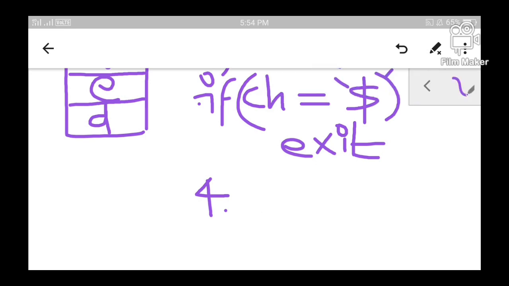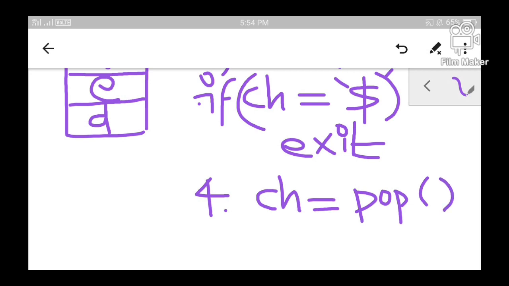I will write it like this: a variable ch equal to pop, so that whichever character is popped from the stack top is collected onto the variable ch. Once ch obtains the deleted character, you have to quickly print it onto the screen. So you can write print ch. So the character will be printed. How long will you have to continue this? Until the stack is empty.